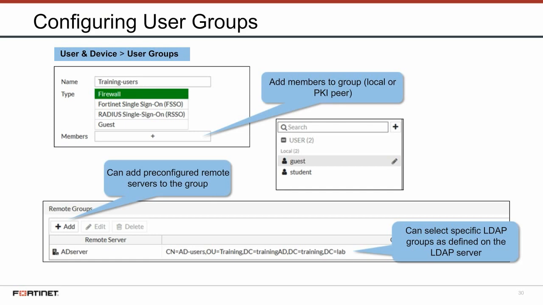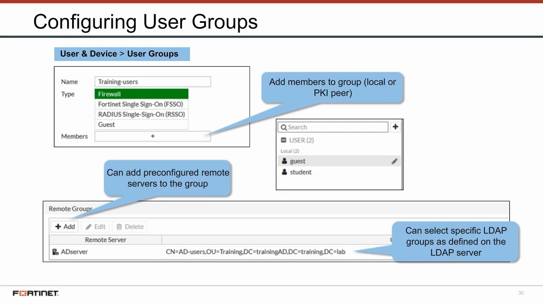authentication servers. If your remote authentication server is an LDAP server, you can select specific LDAP groups to add to your user group, as defined on the LDAP server. Note that you can also select RADIUS groups, but this requires additional configuration on your RADIUS server and FortiGate. See knowledgebase